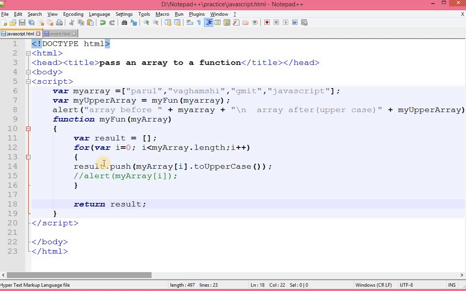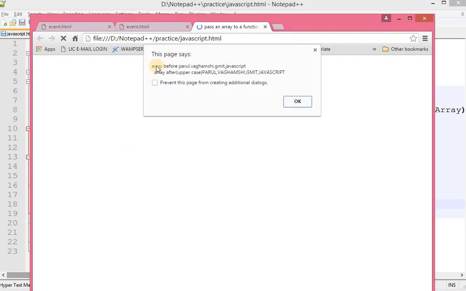Let me save it and refresh this page. Now over here you can see the array before, that is Parul Vaghamshi GMIT JavaScript, that is our original array, and this one is our converted array. So this is the difference